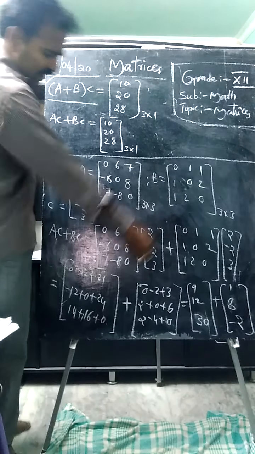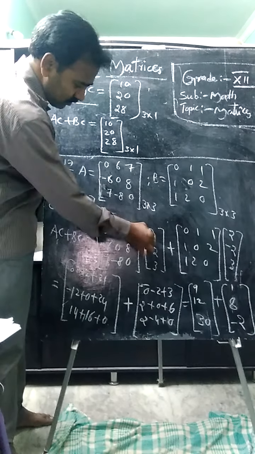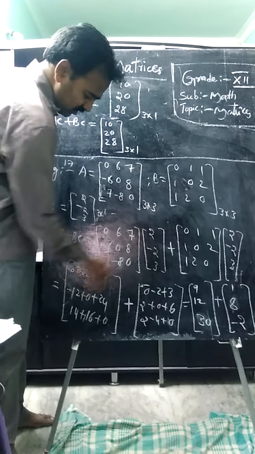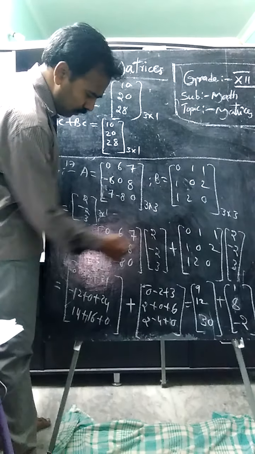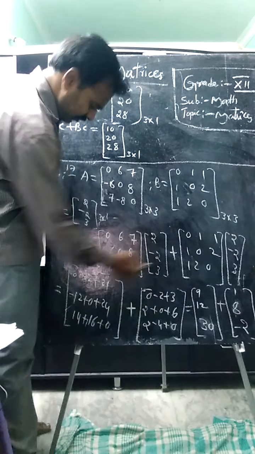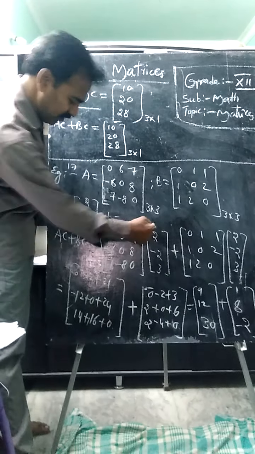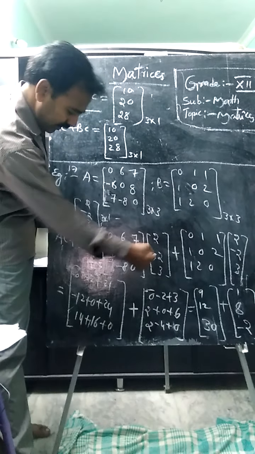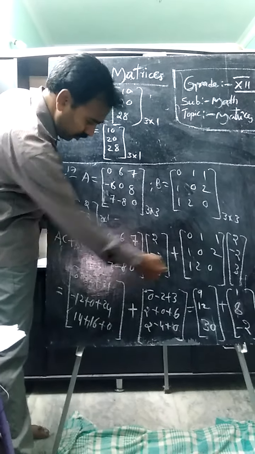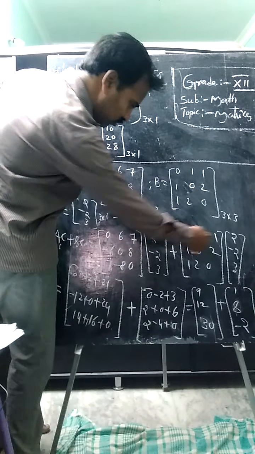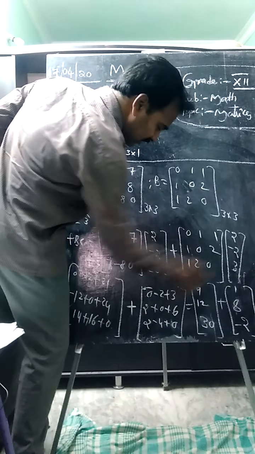Then after row by column, 0 into 2 is 0, plus minus 12, 7 times 3 is plus 21. Again the same, minus 6 into 2 is minus 12, plus 0, plus 24, 8 times 3 is 24. Again the same concept, 7 times 2 is 14, plus minus into minus, plus 8 times 2 is 16, 0 into 3 is 0. Then let us multiply these two, 0 plus into minus, minus 2, 1 times 3 is 3.